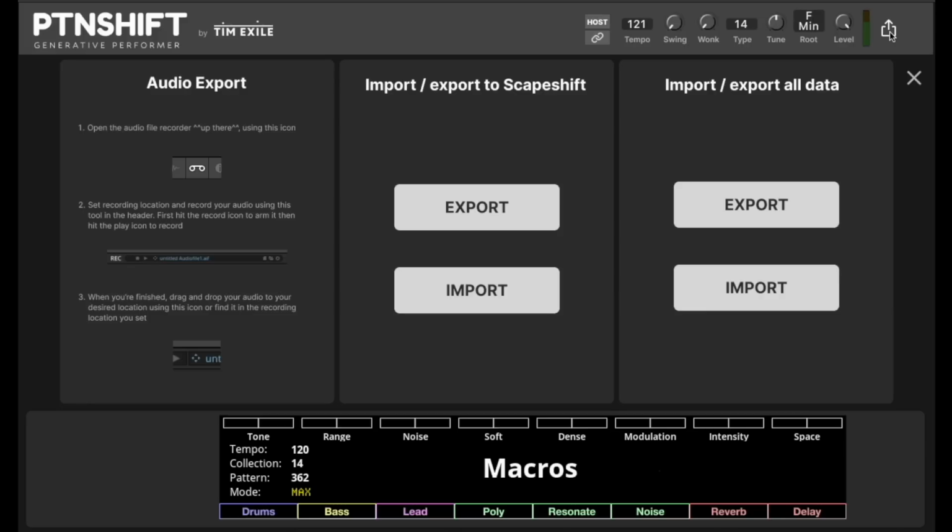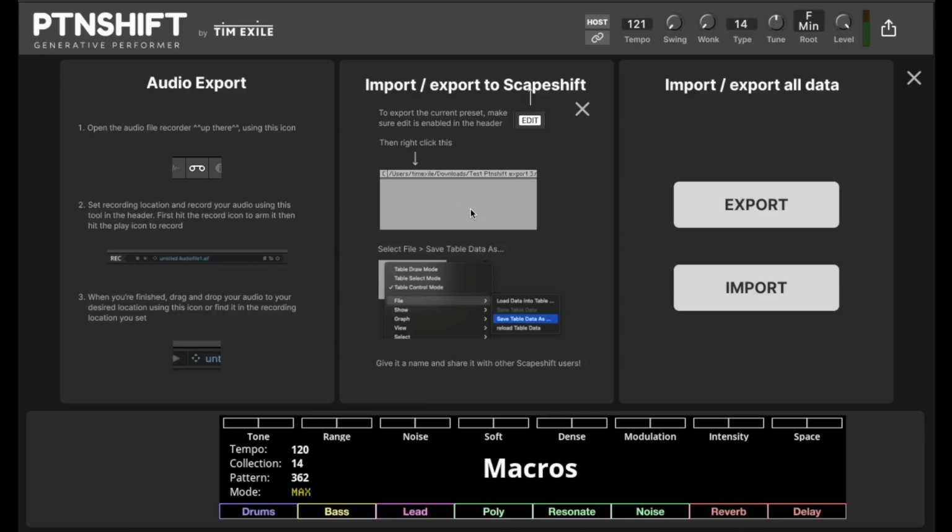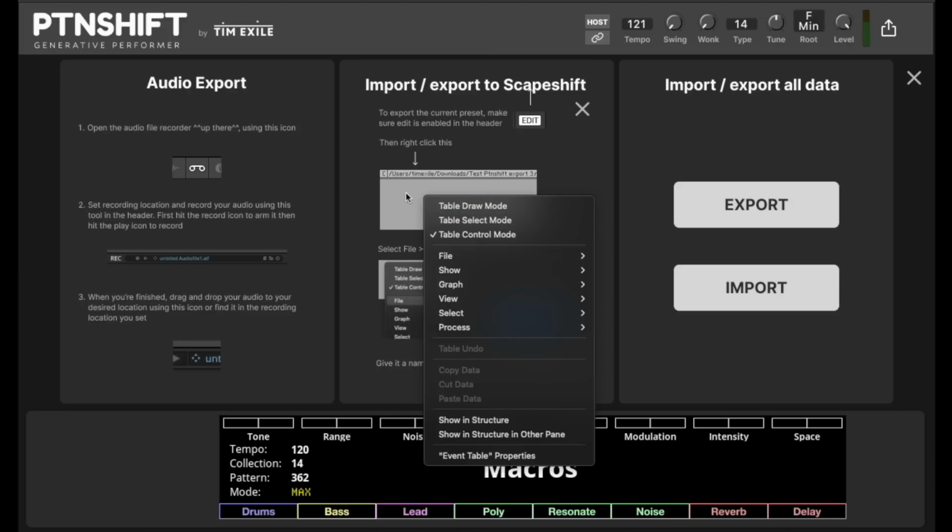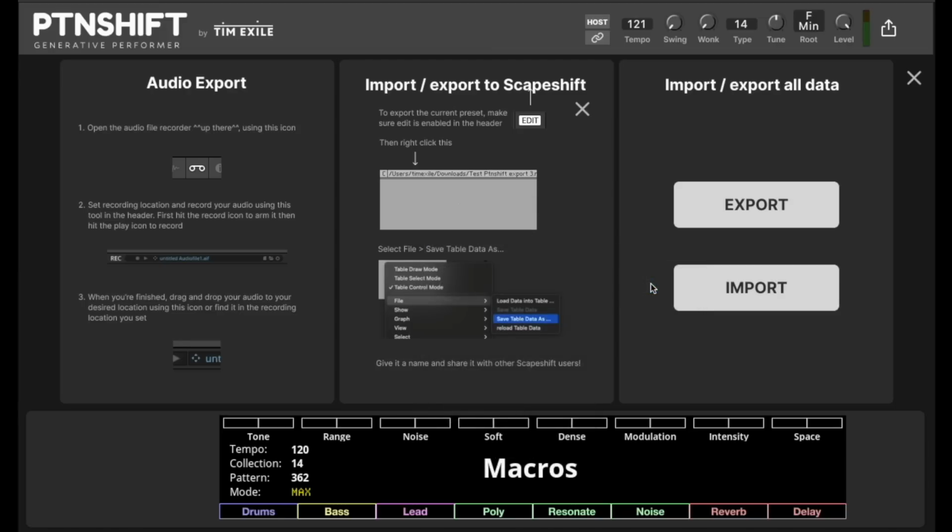So I hit the export button. Here it says import export to Scapeshift. Hit export. Following the instructions on this page, what you need to do is right click this event table, go to File, Save Table Data As, give it a name, let's say Pattern Shift vid test. Now you need to close Pattern Shift and load Scapeshift,